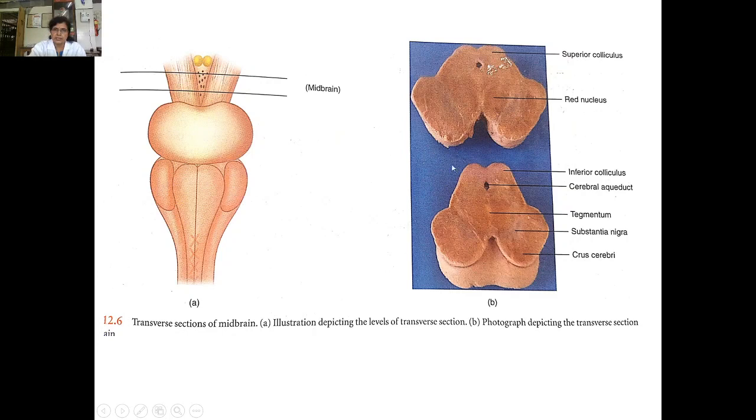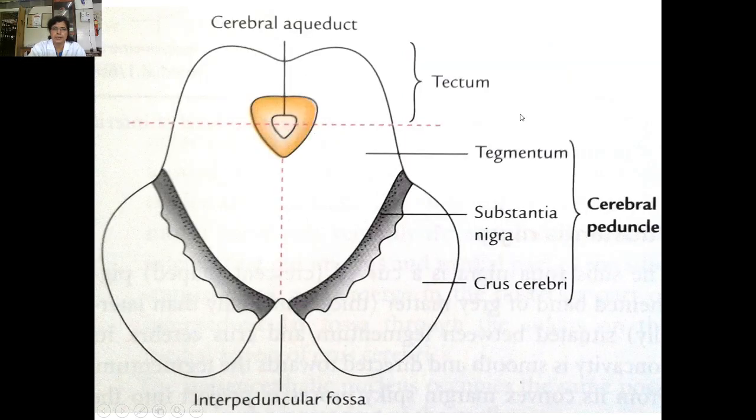And in this diagram, you see that is the lower part. In the lower part, there is the transverse section at the level of the inferior colliculus, and this upper transverse section is at the level of the superior colliculus. And you see here, the one prominent structure present at the level of the superior colliculus is the red nucleus. So first we will see the transverse section at the level of the inferior colliculus.